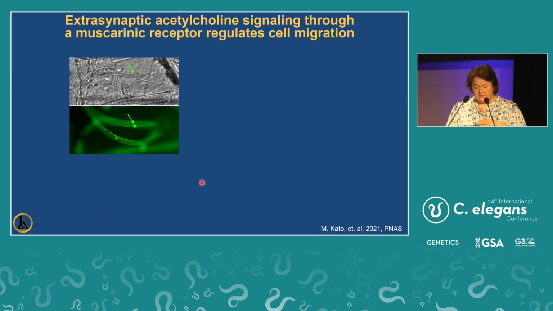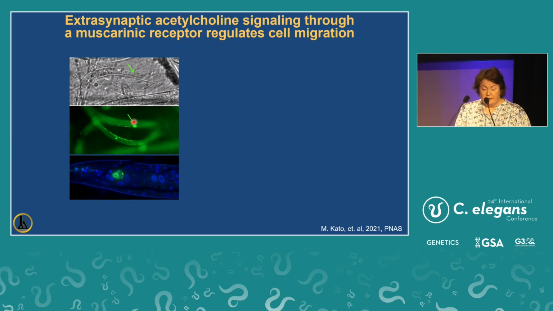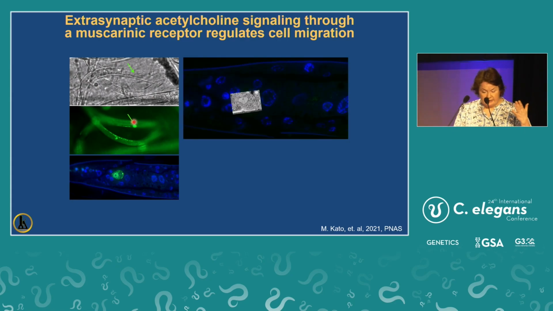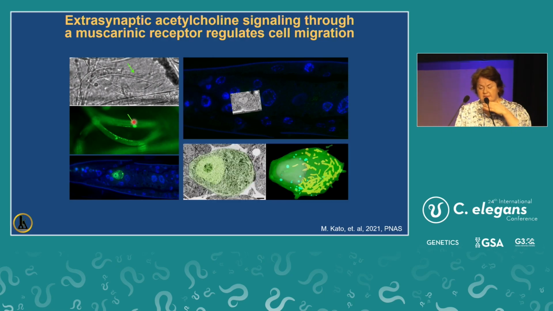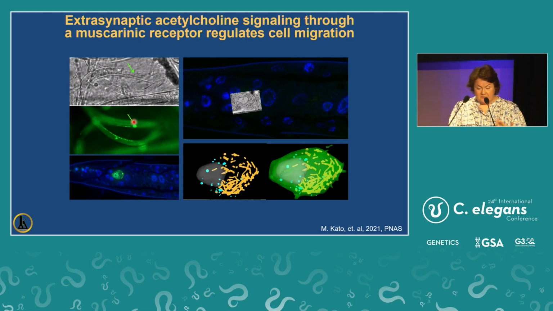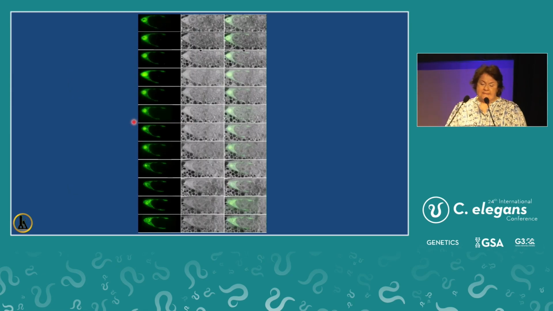So I did several, so this was the project with Mihoko Kato from Steinberg Lab. They wanted to see the leader cell of male gonad. So the conditions were right, and I managed to find the cell in 3D and total correlation, and that was fun. It was very satisfying, even though it was kind of a long project, but then that was basically a turning point for me, because I think that the idea of having 3D correlation between